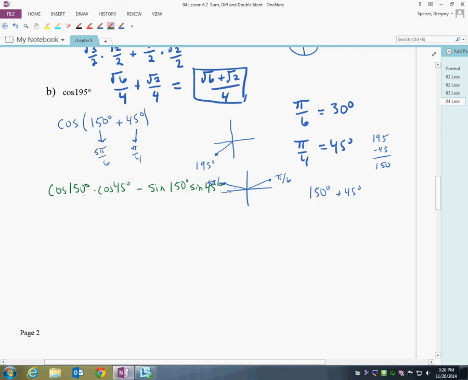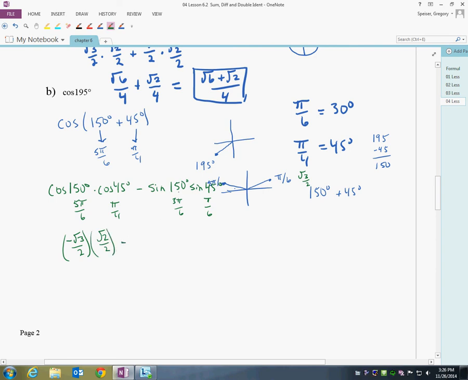Or alternatively, you could do this whole thing in 5 pi over 6, pi over 4, and then the same thing over here. This would be 5 pi over 6, pi over 4. Yeah, you know what? Since I switched to radians, maybe I should have just kept in radians. What is the cos of 150 degrees? So remember that our reference angle here for 5 pi over 6 is pi over 3. My cos for that one is root 3 over 2. And so the cos of 5 pi over 6 is going to be negative root 3 over 2. So here I will get negative root 3 over 2 multiplied by the cos of 45 degrees, which is root 2 over 2,